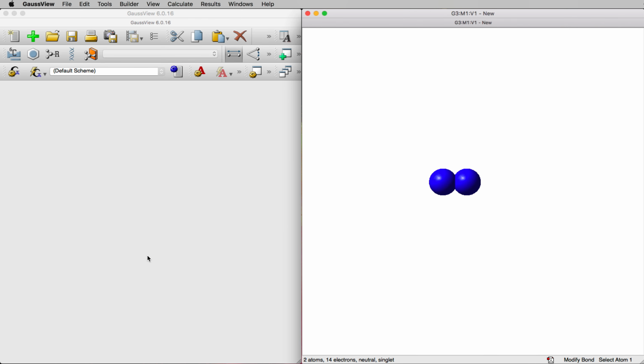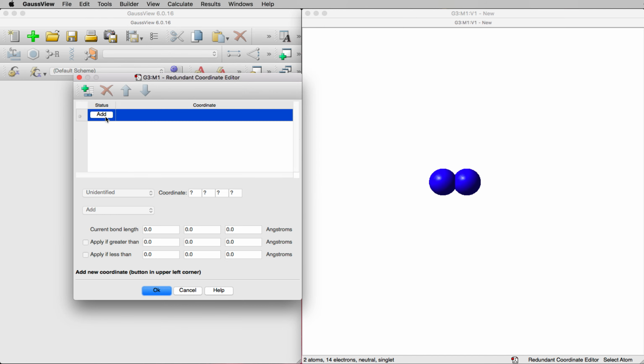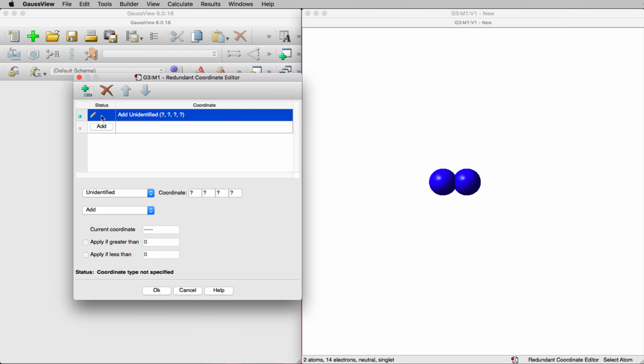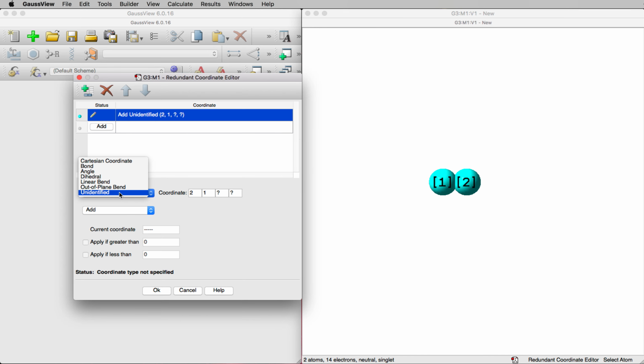Next, I will set up the potential energy surface scan. I need to go to Tools, Redundant Coordinates. Click on Add and choose the atoms that make up the bond that you want to define. Select Unidentified and choose Bond here. Then click on Add